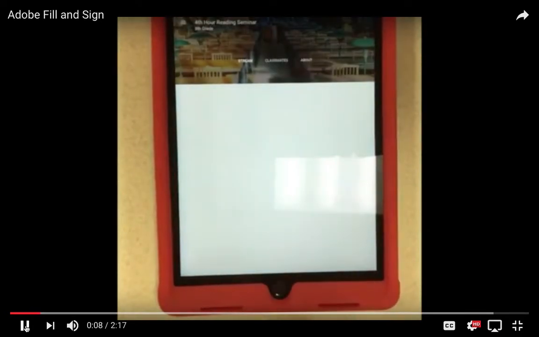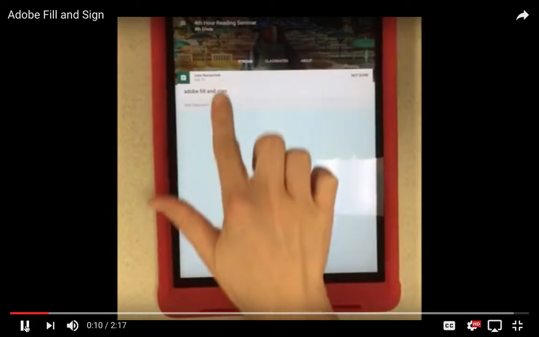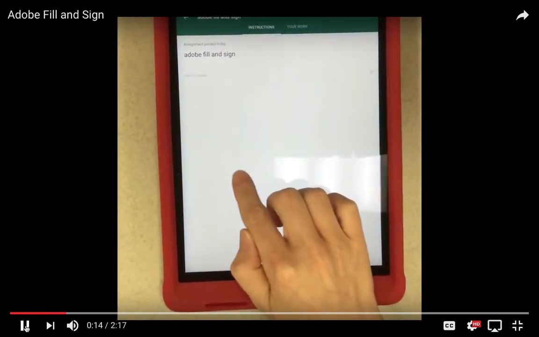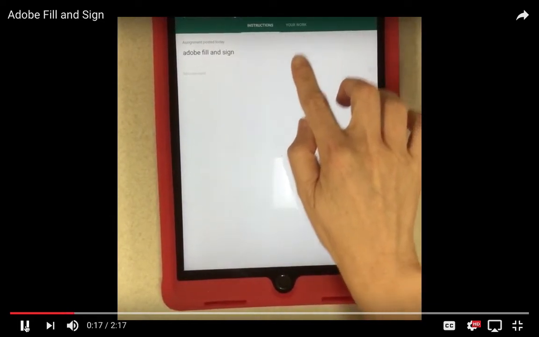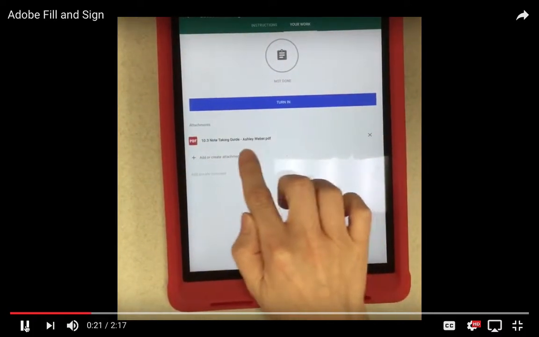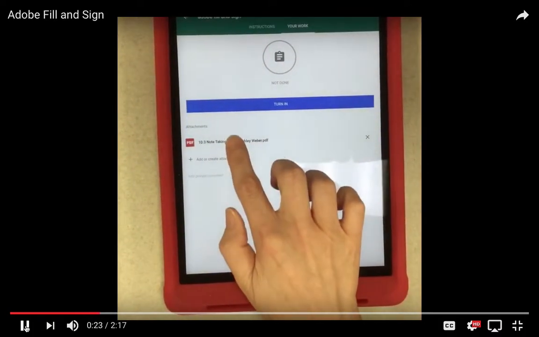So you're going to go to your class and you'll click on whatever the assignment is. Instructions will be here, the name of the assignment will be here. You need to go over to your work, so you can either click on your work or you can swipe right, and then your assignment with your student name there will be posted. You need to open it,